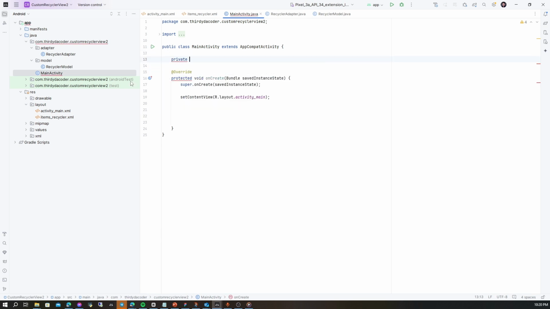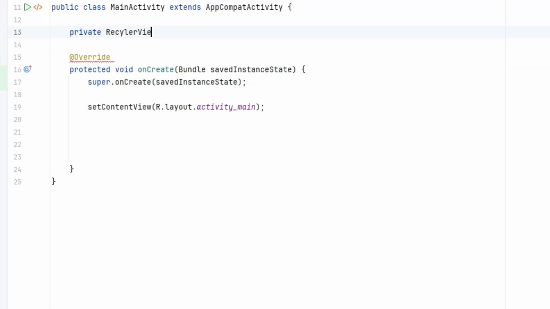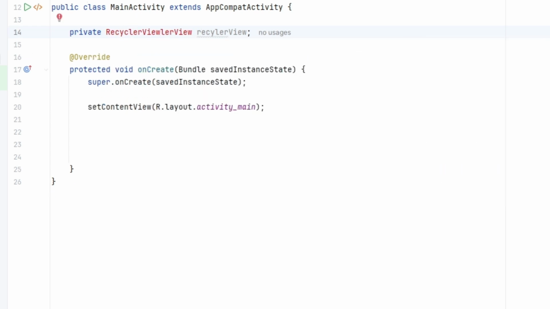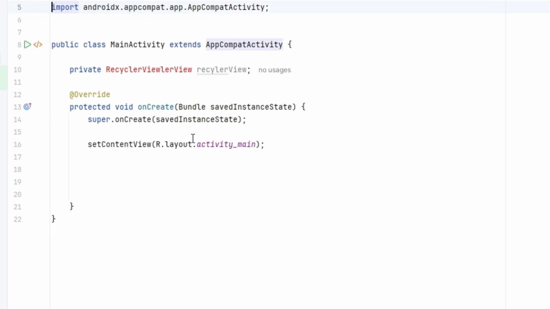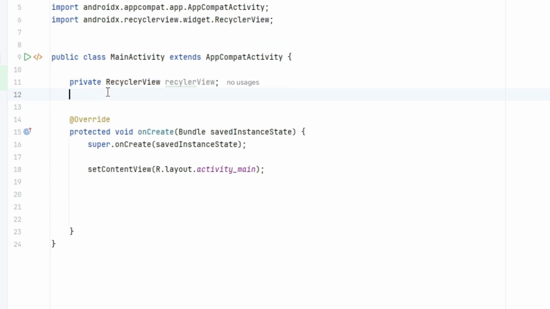You can use local, but I prefer to code global. So recycler view, and we can import this. We have the wrong spelling, and yes, we can import.